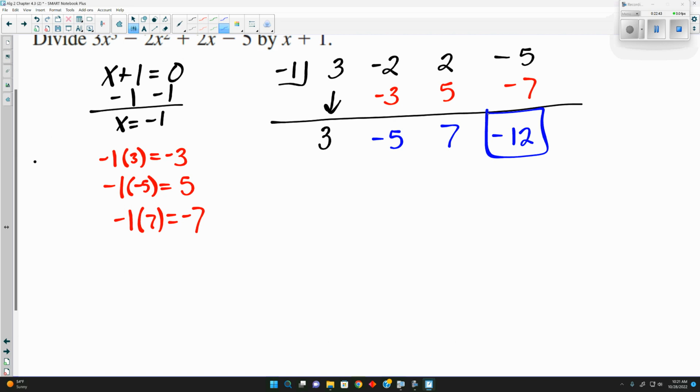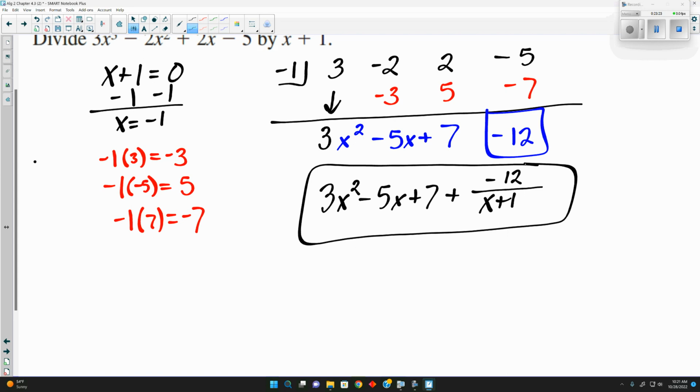Then we would have 7, which is positive. Then we'd have -5 would be with x, and 3 would be with x squared. Yes? So if we wrote this back out, we would have 3x squared minus 5x plus 7 plus over, what are we dividing this by? Yeah,